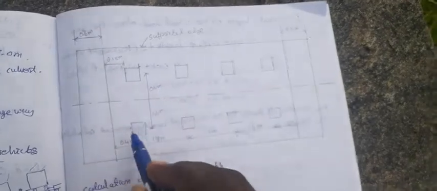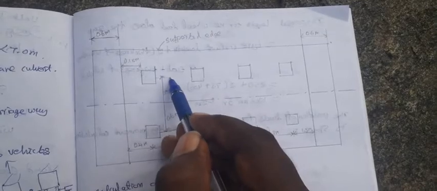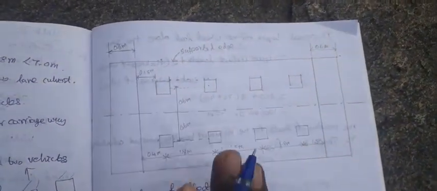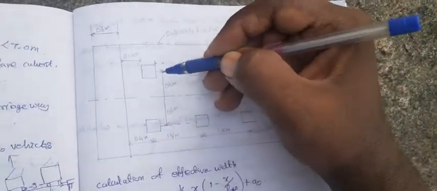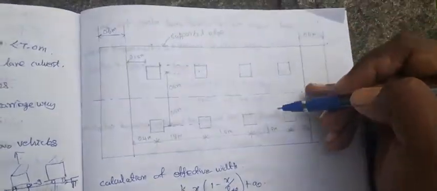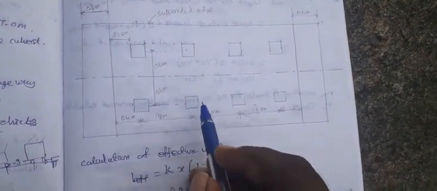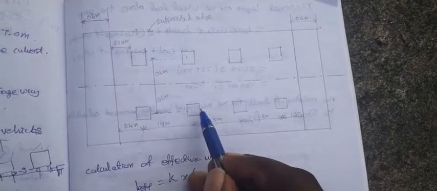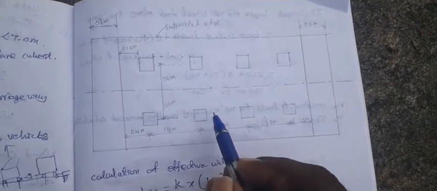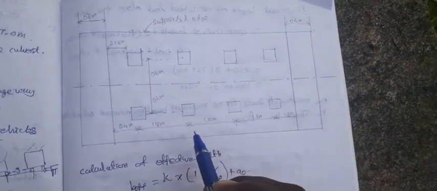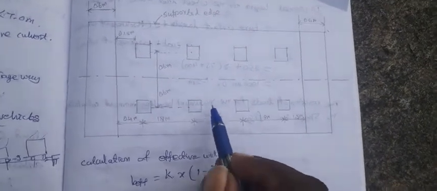Considering it is one wheel, I give the data lines. So this is one vehicle and this is another vehicle. Already we know this vehicle will move in the right direction, this vehicle will move in the left direction. Just imagine. We know the G value is nothing but the clearance between adjacent vehicles. So this portion to this portion is the G value. Already we know the G value is 1 meter, and the contact areas are 0.5 and 0.5. So the maximum G value gives around 1.5 meter. This we already calculated.